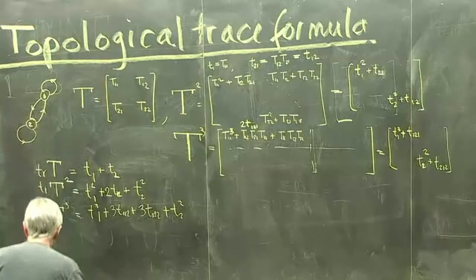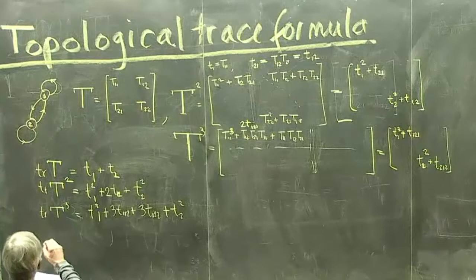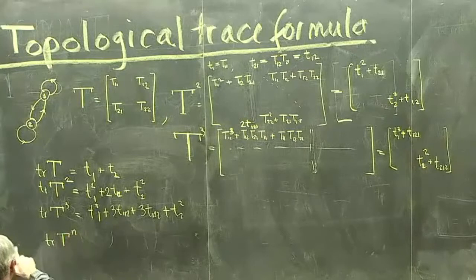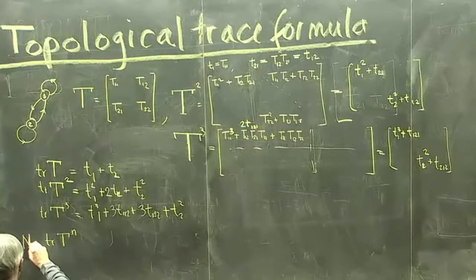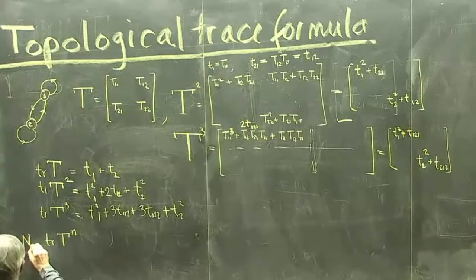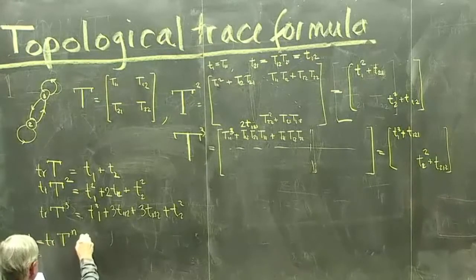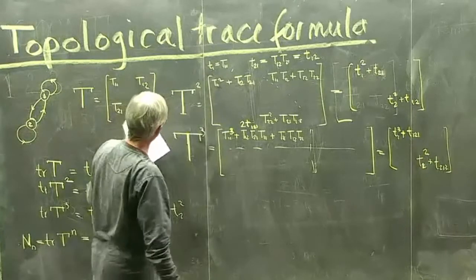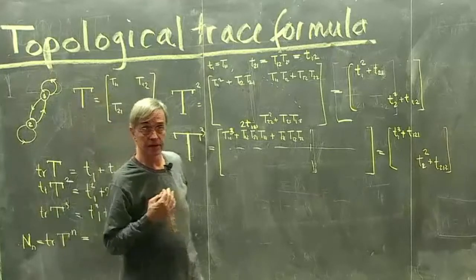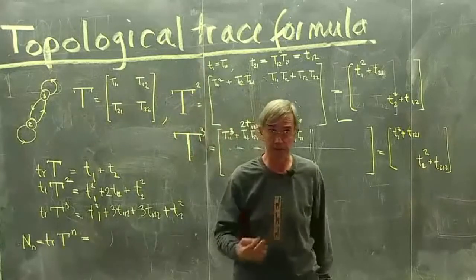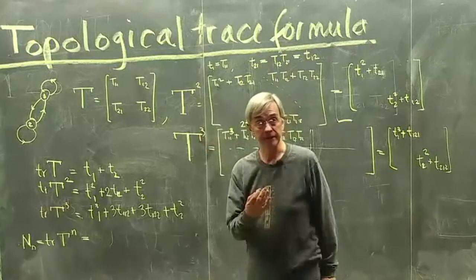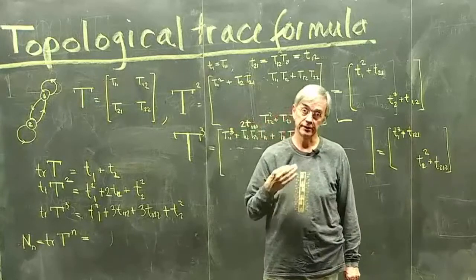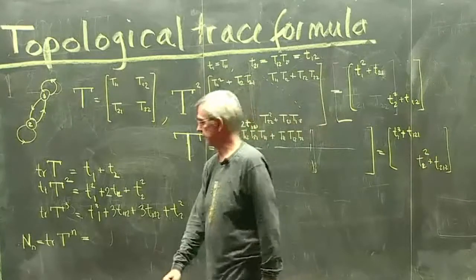So the general structure of this thing is that the trace of t to the n, which happens to be also the number of all periodic orbits of length n, because we explained that the power of the transition matrix counts all possible ways of getting from i to j. And if you identify i to j, counting all possible recurrent walks, meaning walks that start someplace and come back, in other words, periodic orbits,